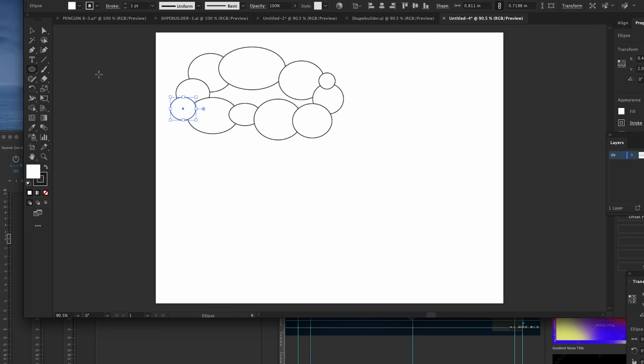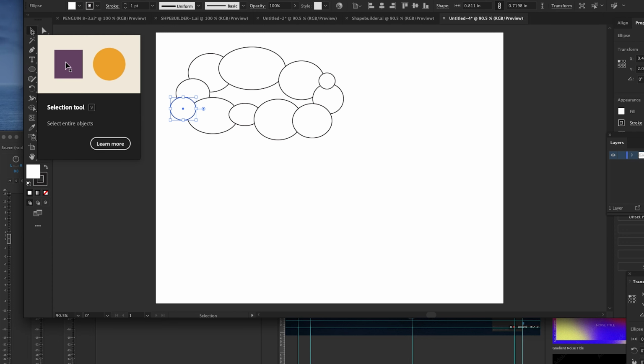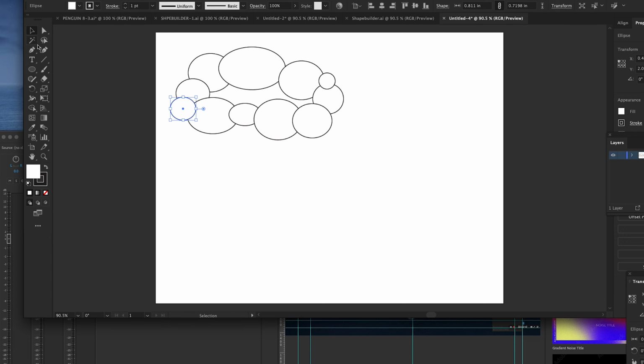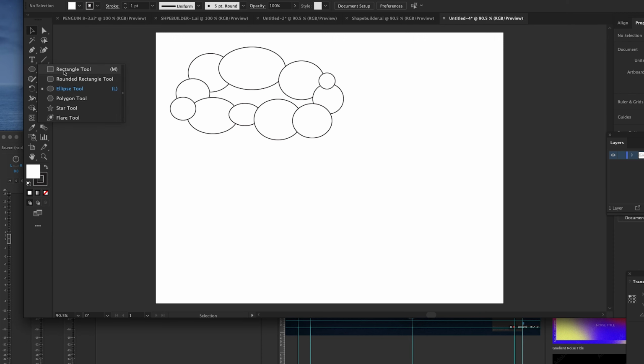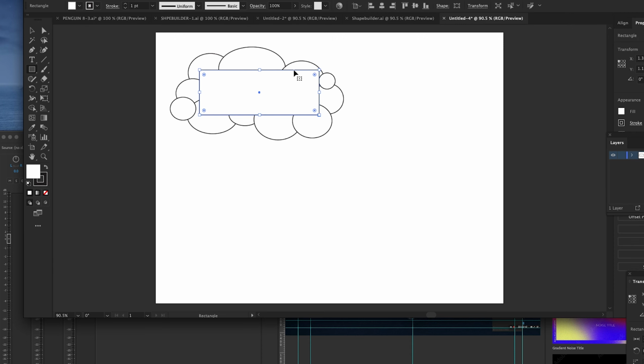All right. So once we've gotten that done, we want to make sure that we're not selecting anything right now. And actually, I'm going to come over here to the Move tool, the top left dark arrow, and click over here and click off of everything. Now I could have put more circles in, but I think what I want to do is just take a rectangle and fill in that void in the center. So I'm going to right click and take the rectangle tool and the shape tool and just draw a little rectangle that combines all those. Doesn't go out of the boundaries though. And then I'm going to come back over to my Move tool, click off of everything,